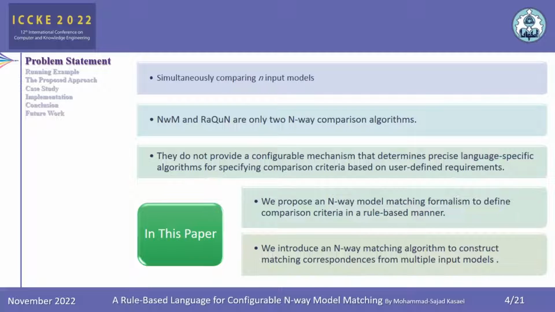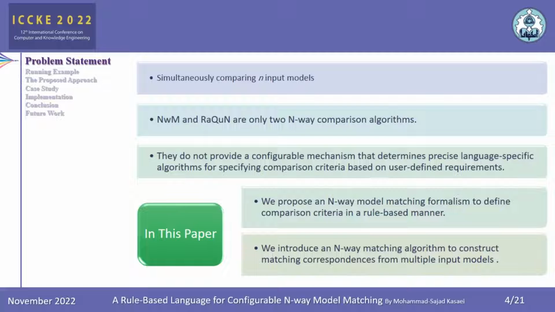There exist only two algorithms that simultaneously compare n input models. The first is n-way merging and the second is Raccoon. These algorithms deliver better results compared to sequential comparison. However, they do not provide a configurable mechanism that determines precise language-specific algorithms for specifying comparison criteria based on user-defined